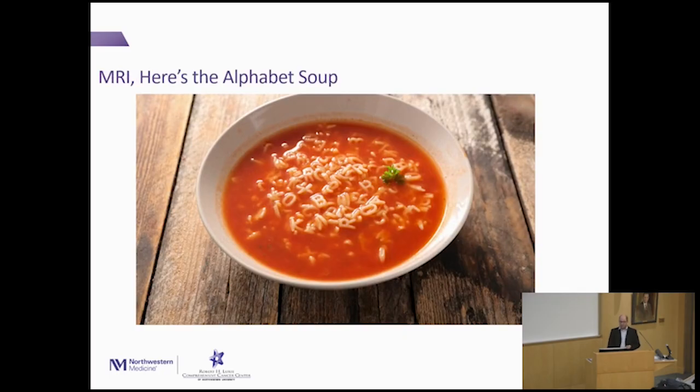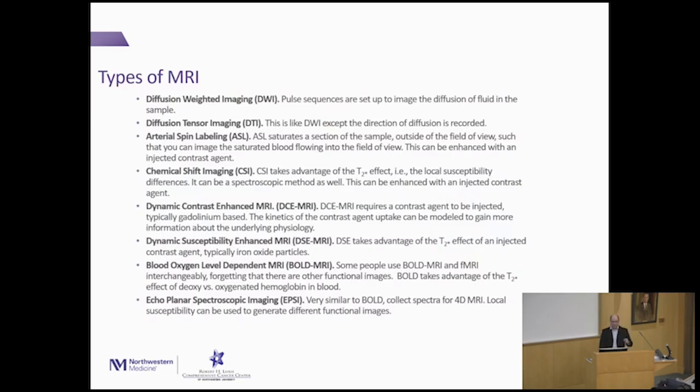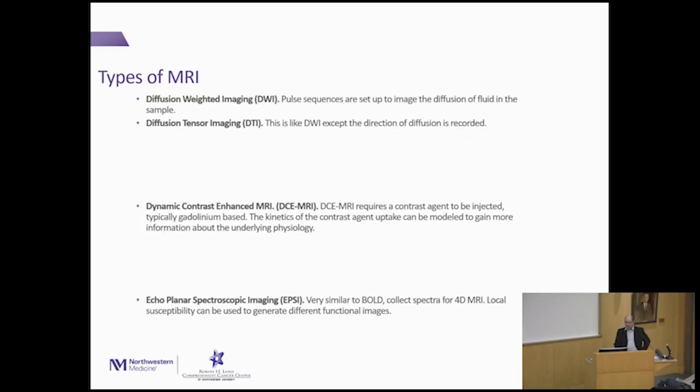So here's the alphabet soup that I promised. Sorry it didn't come with your meal. So these are not an exhaustive list, but pretty close to an exhaustive list of the types of imaging of MRI and the acronyms that go with them. I'm only going to focus on these. So diffusion-weighted imaging is where you use a particular pulse sequence to see the diffusion of water, and if you get the direction of the diffusion of water, that's the second one, which is diffusion tensor imaging. So that's something that you may have heard of. Sometimes it's called tractography,